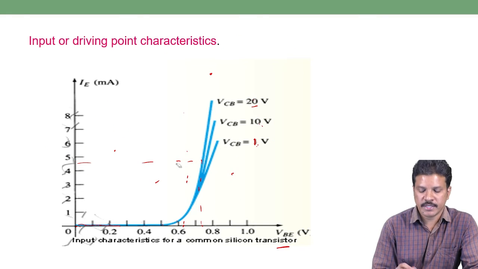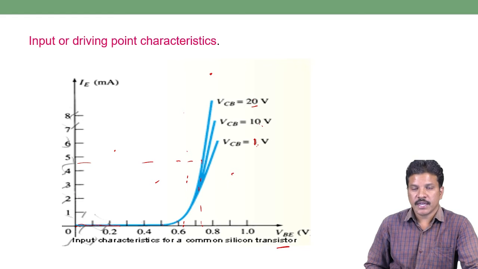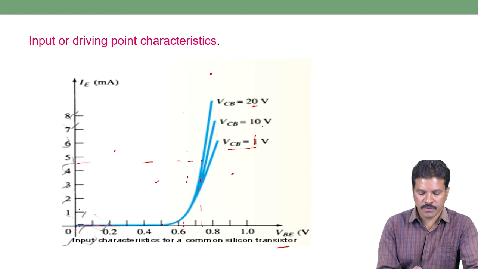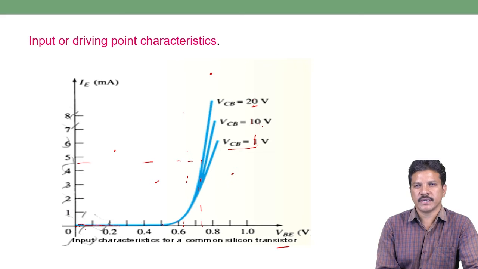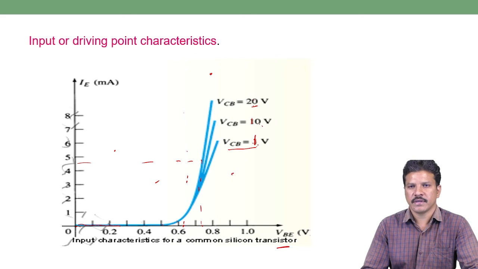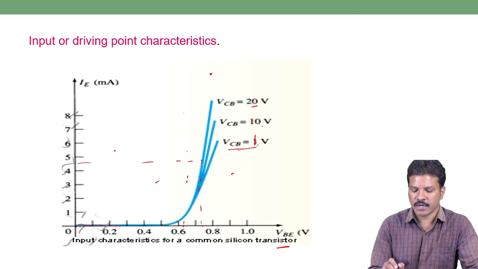So base width modulation, according to the procedure: increasing the collector voltage, and keep on increasing the collector voltage 1, 10, 20, and observe input current and input voltage. What happens when we still keep increasing to a certain limit? When we increase the collector to base voltage,